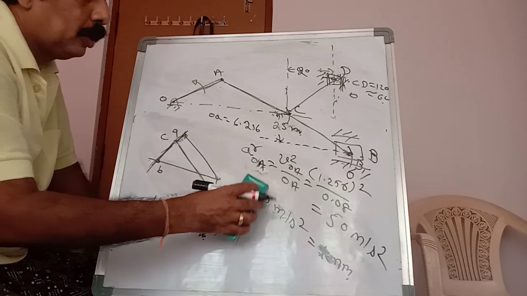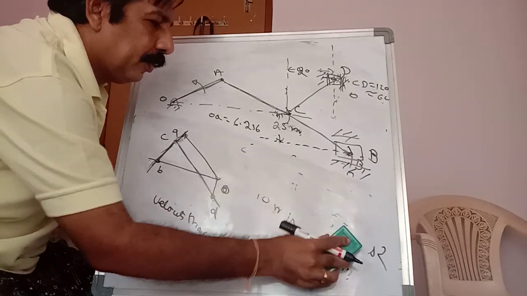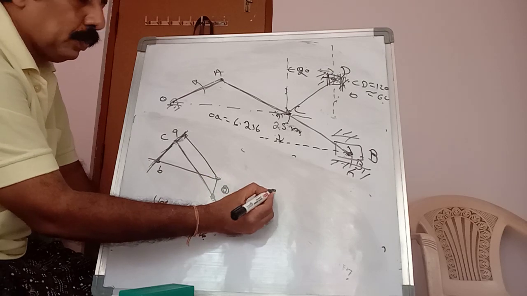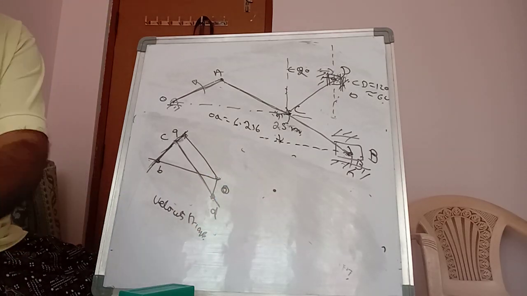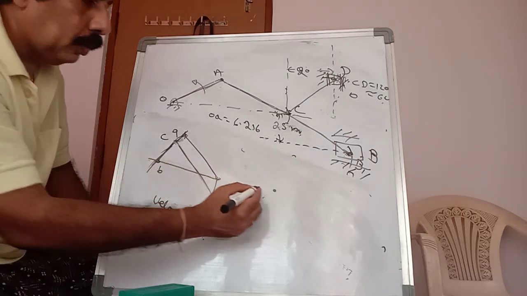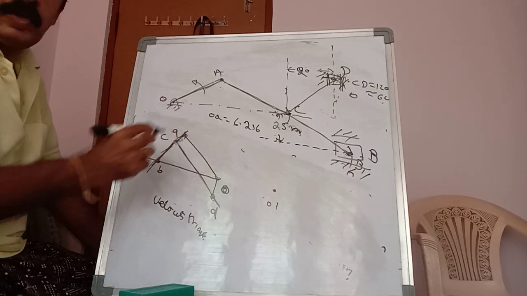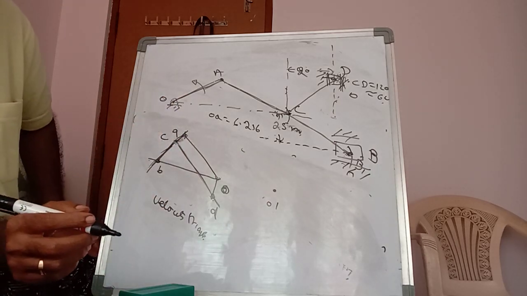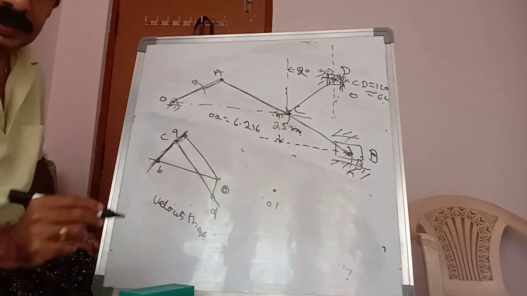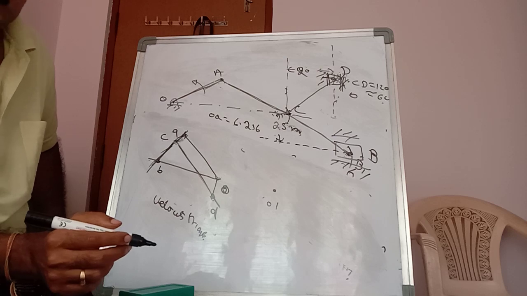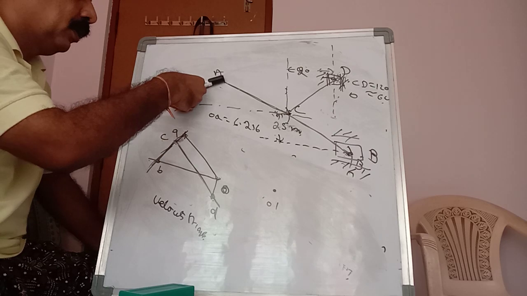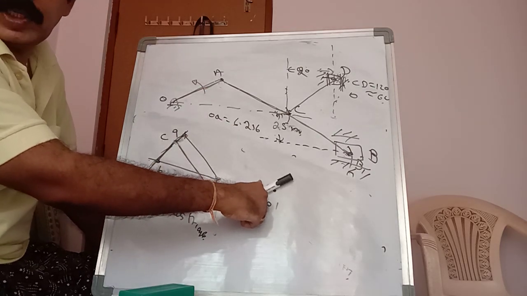Okay, so like that you have to take the scale, and first you have to draw the radial component. So you have to start with point O for the acceleration diagram. Now I am putting it as O dash, and we have to draw O dash A dash. So O dash A dash, this is the radial component. Always the radial components are parallel to the original link. So you have to draw a line O dash A dash.